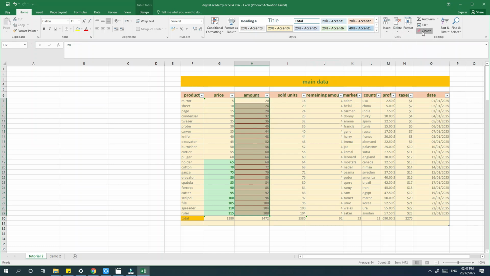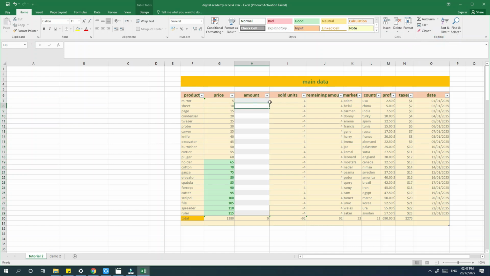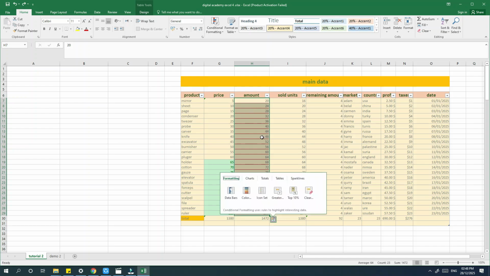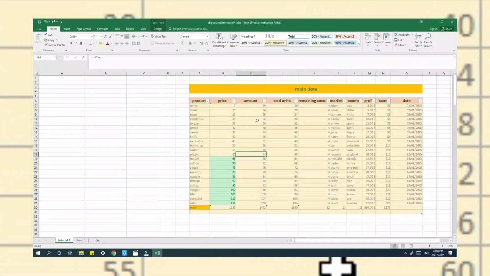You can head into the delete menu and clear menu to clear the rules. You will have different options for clearing rules. You have the first condition, the clear format, or clear comments, or clear contents, or even clear all if you want to just wipe it off. For this one, you can return back by pressing Ctrl and Z to return to the main value and apply